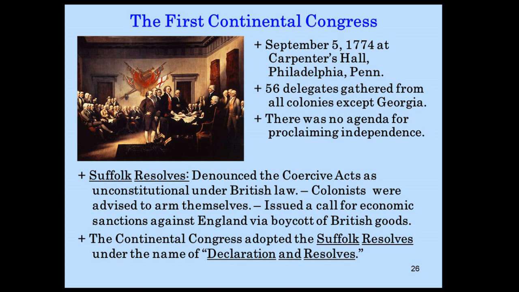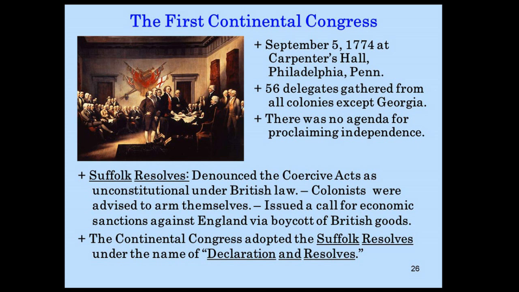First, we have to start with the First Continental Congress meeting. That was on September 5th, 1774. It was created on the recommendation of a meeting that took place in Williamsburg, Virginia, at a tavern hall. It was the Raleigh Tavern, actually. And it was recommended to be a joint meeting of all the representatives from all the various colonies. And the topic, as you can well imagine, would be all of the revenue acts and the Intolerable Acts